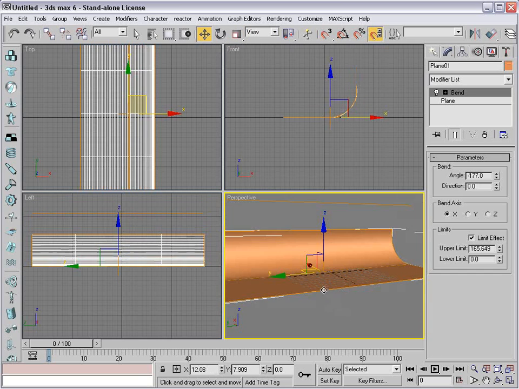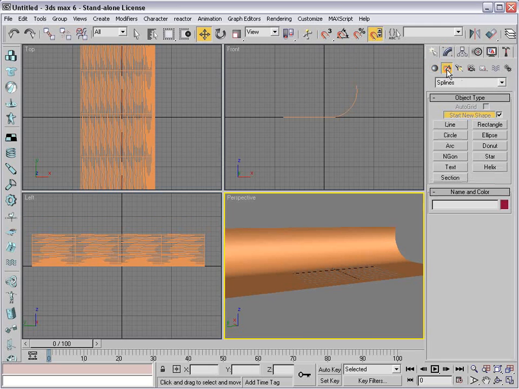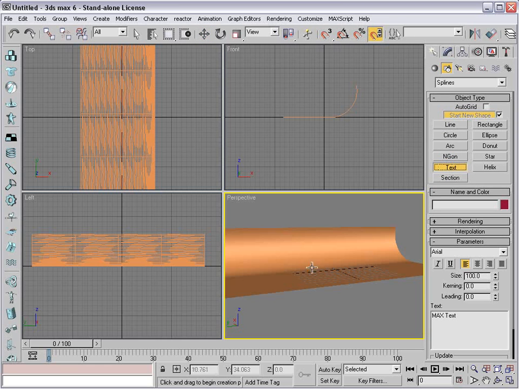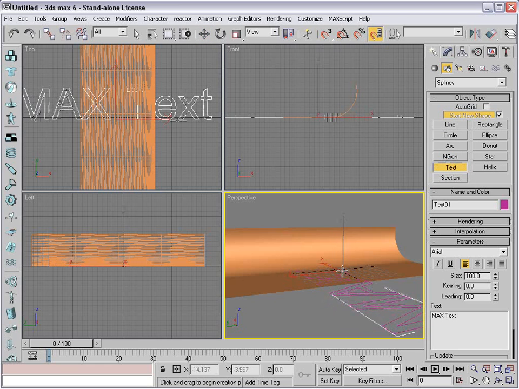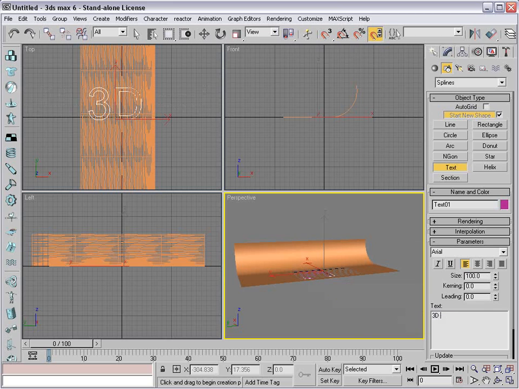But okay, so what I'm going to do is then go to my Create palette, and I'm going to click on the shapes, and we're going to click on text. I'm just going to click in the viewport, and it creates sort of an outline of text with no real renderability yet. And we'll just change this to 3D text, bringing the size down a little bit,